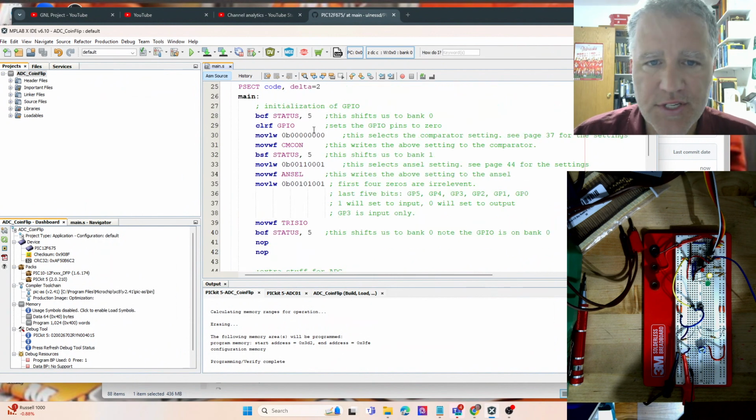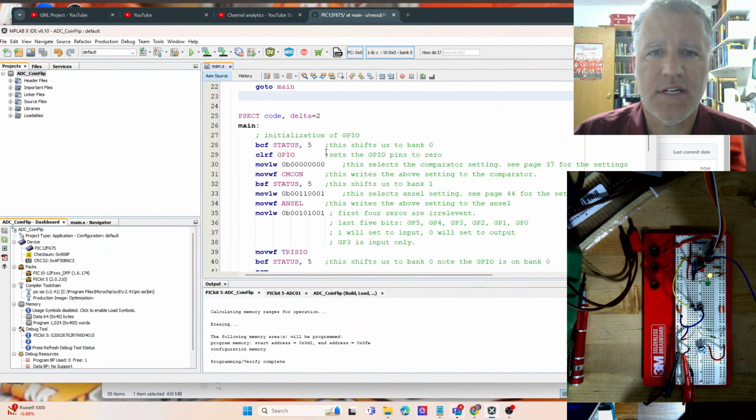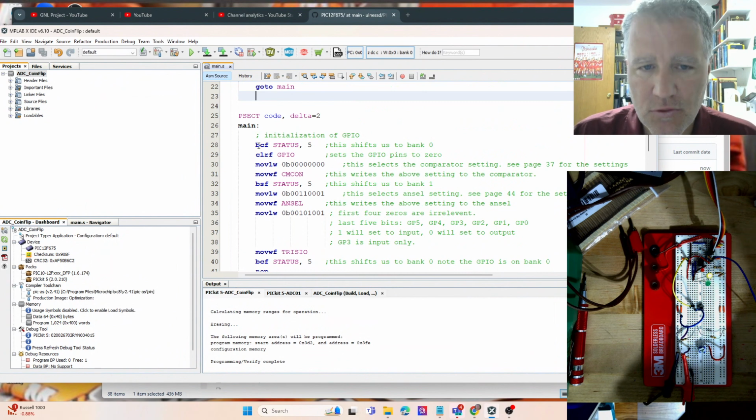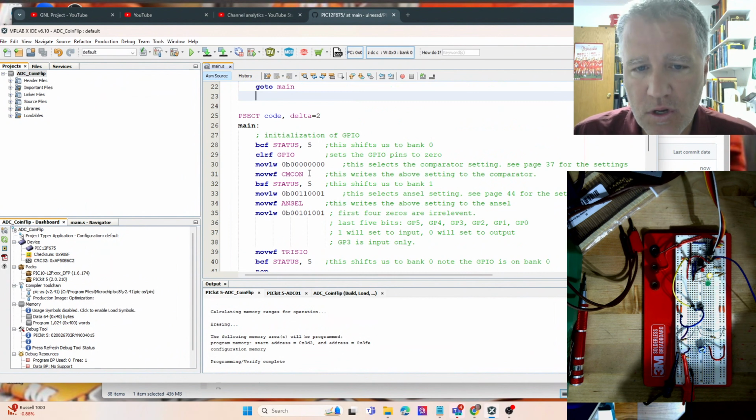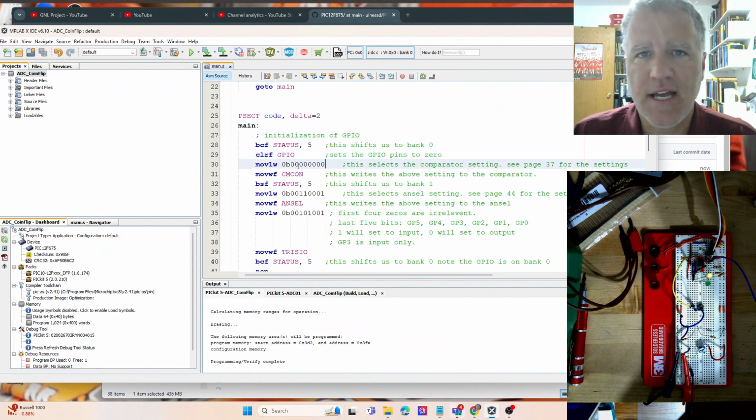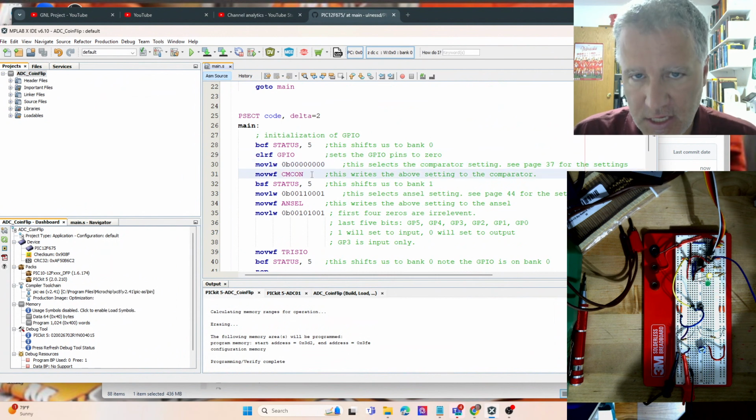So let's walk through this again in case you haven't looked at the other videos. So the status register is where we choose the bank, and the GPIO and the comparator registers are on bank 0, so clearing bit 5 on the status register sets us to bank 0, and then we can clear the GPIO. I could use clear here, but I'm kind of keeping this the same every time, so sometimes we may want to change this number if we're using the comparators. So we're going to just clear the comparator